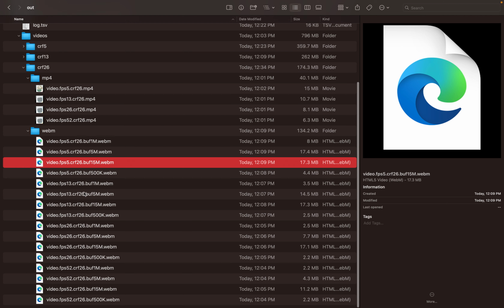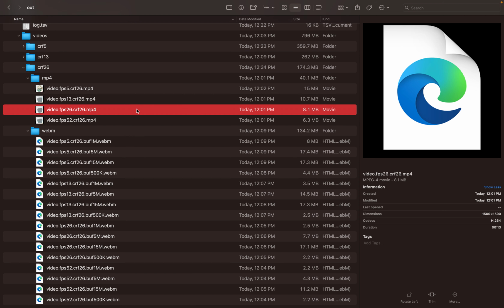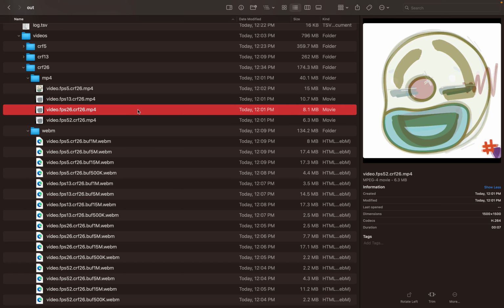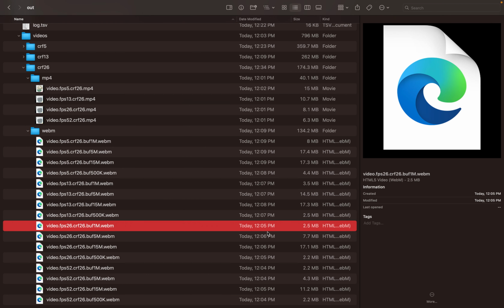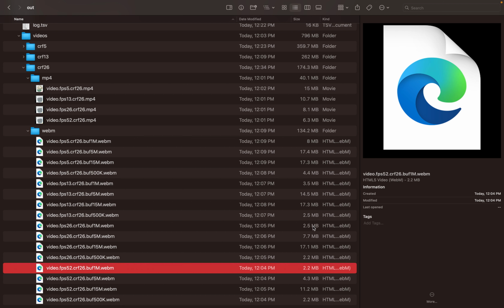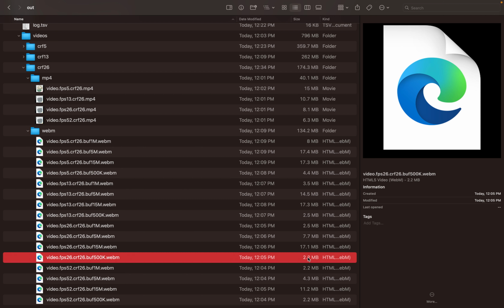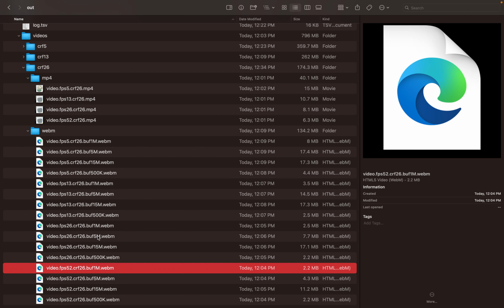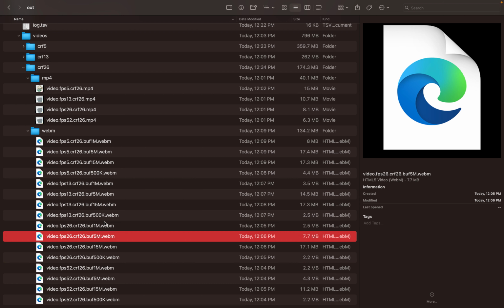But to be more consistent with what I think I'm going to go with on the MP4 side, let's only look at the FPS 26 and 52. So with 26 frames per second, the smallest option is 2.5, and at 52, 2.2. So that is significantly smaller than 8.1 or 6.3 by a factor of around 3 or 4 respectively. With a buffer of 5 megabytes,